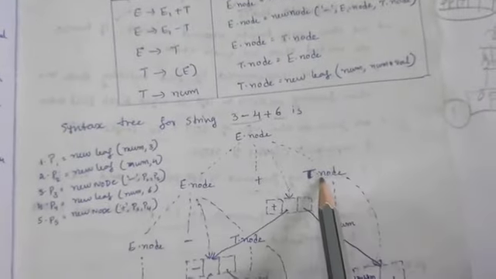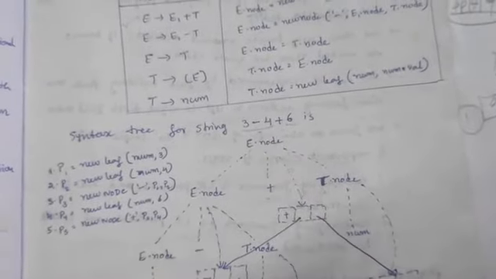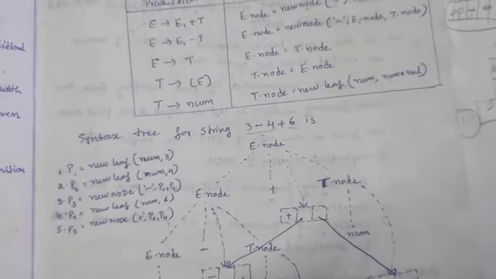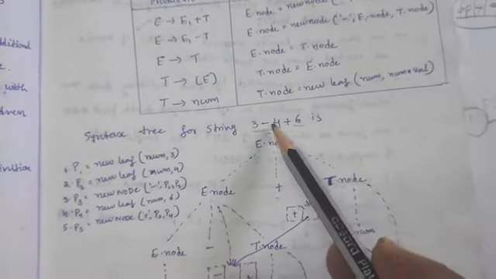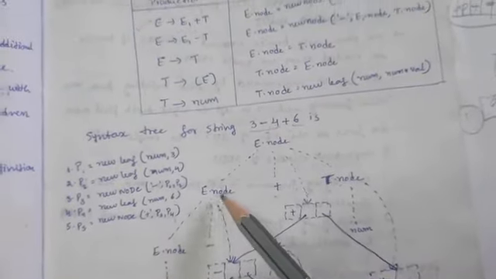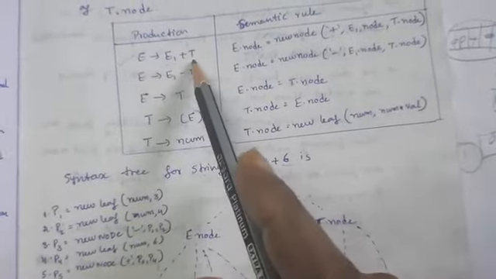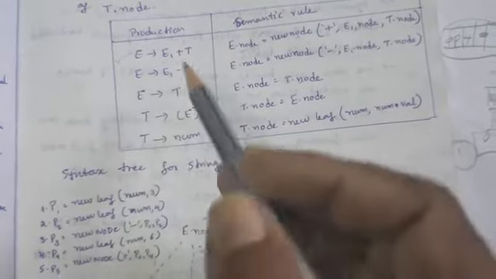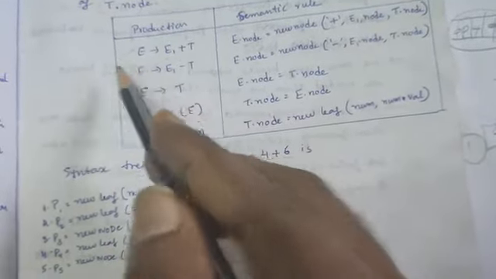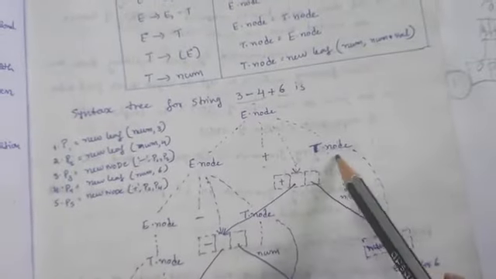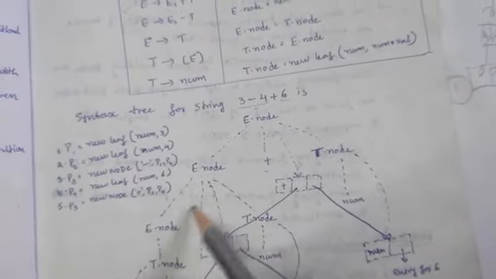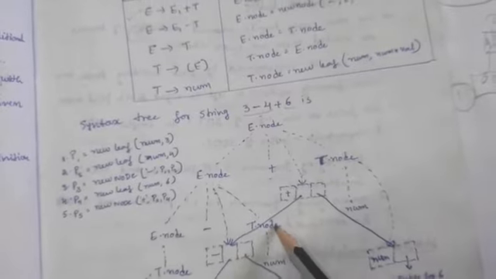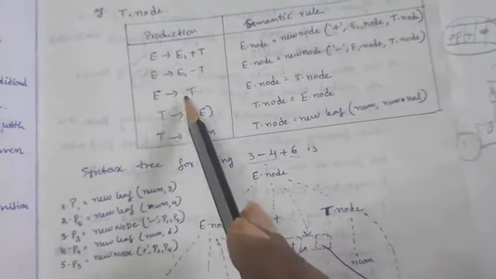Okay, so then here we need minus representative for that reason. So here E tends to E plus E minus T is also there. This will be taken as a second expansion. So this is the first expansion and this should be the second expansion. Okay, again this E should be replaced with T.